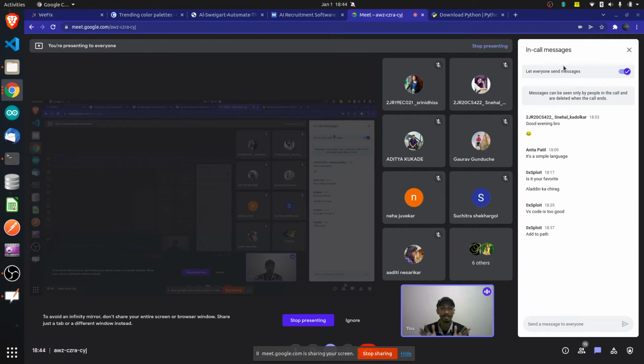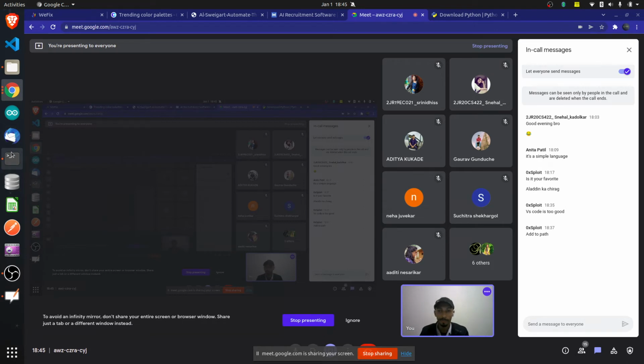Now, first of all, we'll see how to actually run a Python program from terminal, and from IDLE. IDLE is the interpreter which is available. If you are on Windows, search for IDLE, you will get an option, hit enter, and IDLE will open. So both options are the same, and I'll be teaching you one of them. What we are saying is, how do you actually run a Python program?